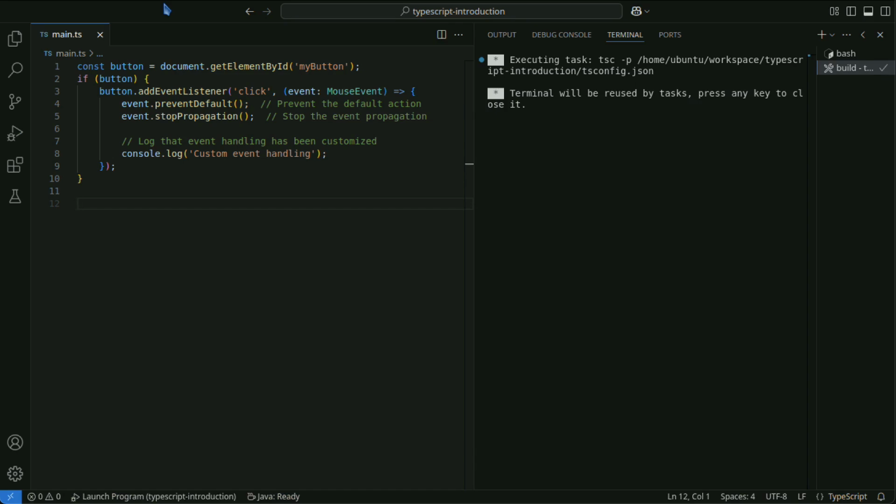This code disables the default action when the button is clicked, stops event bubbling, and executes custom processing.